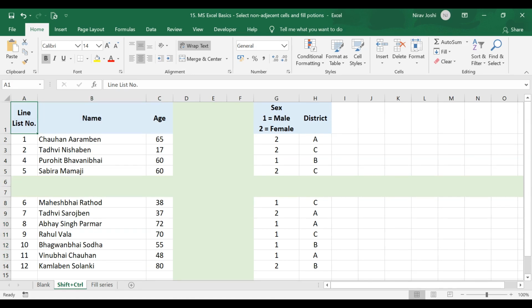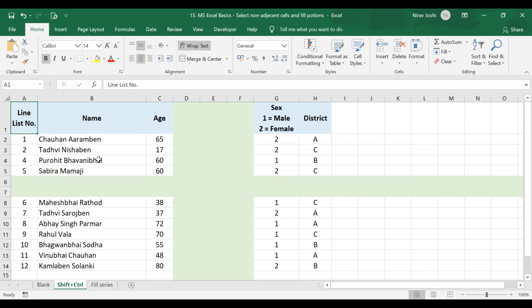Now suppose you want to select non-adjacent cells, like the 4 corner cells of this box. For that we need to use the control key on the keyboard.